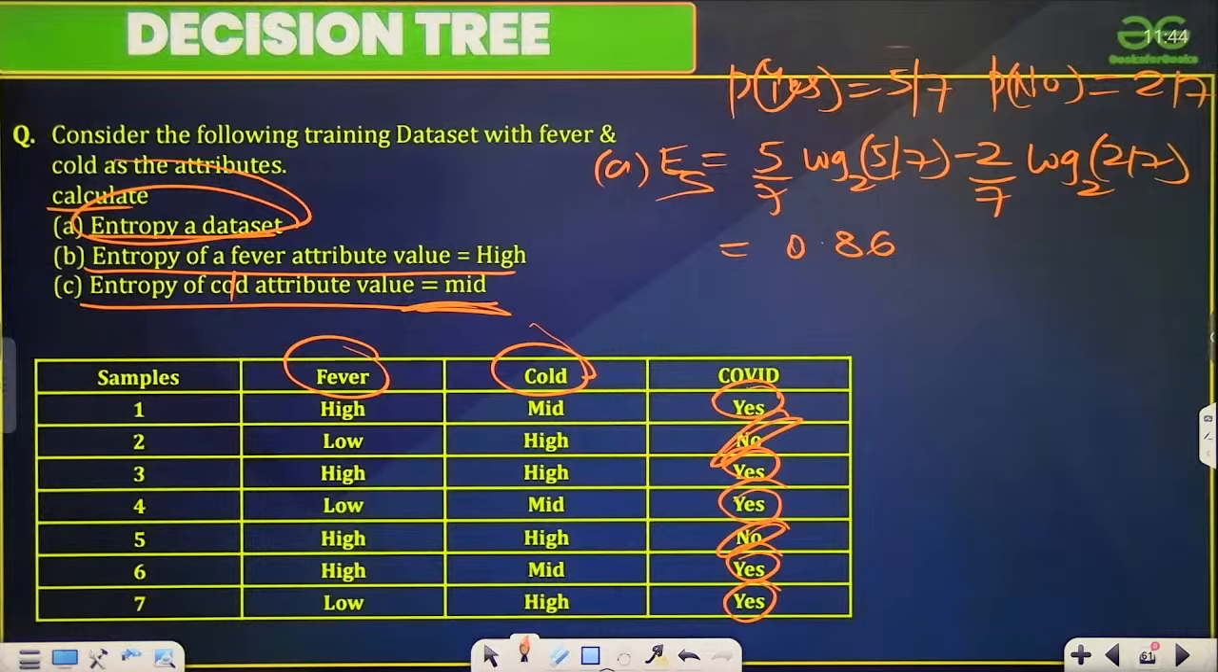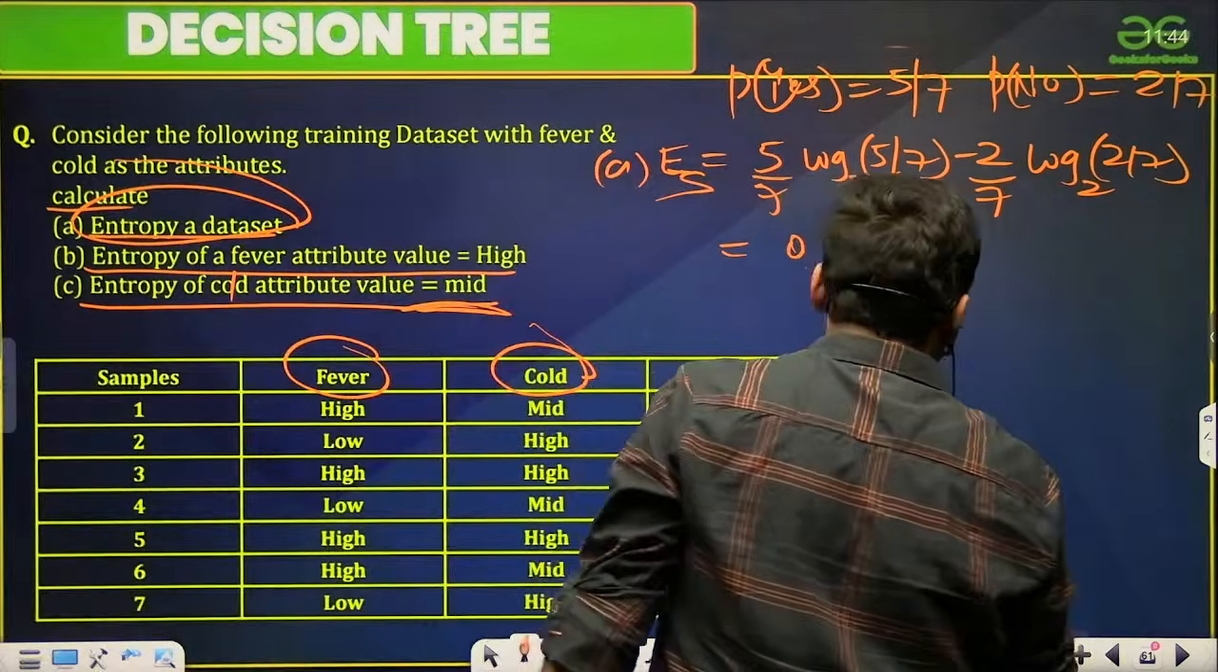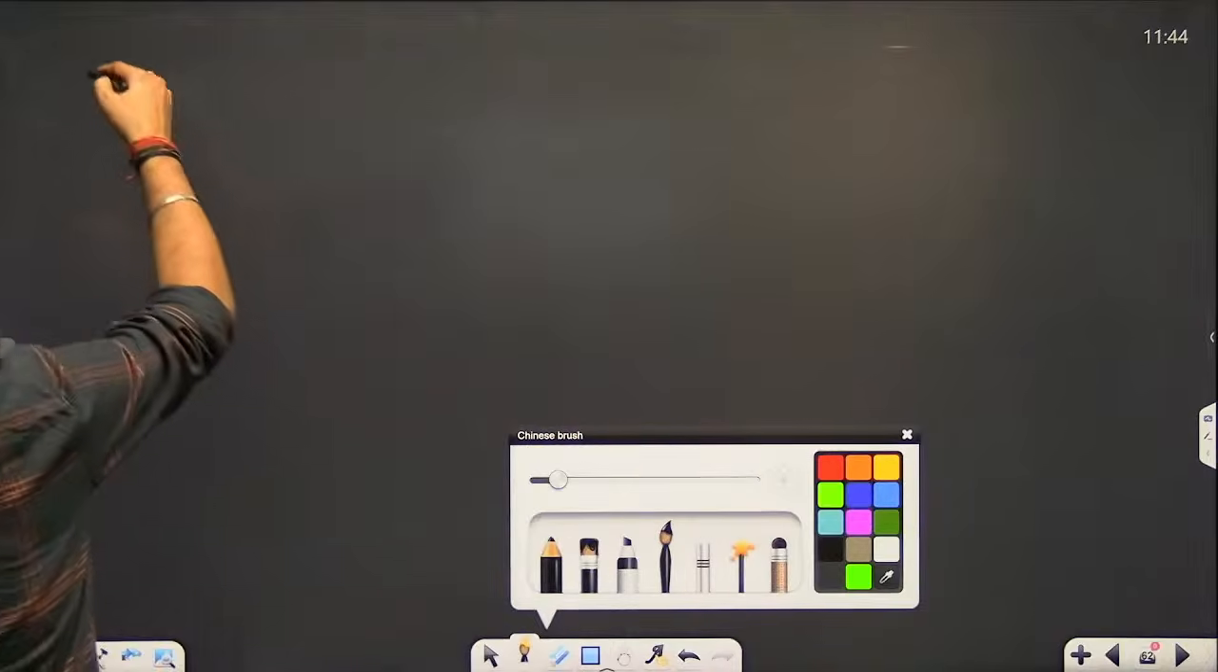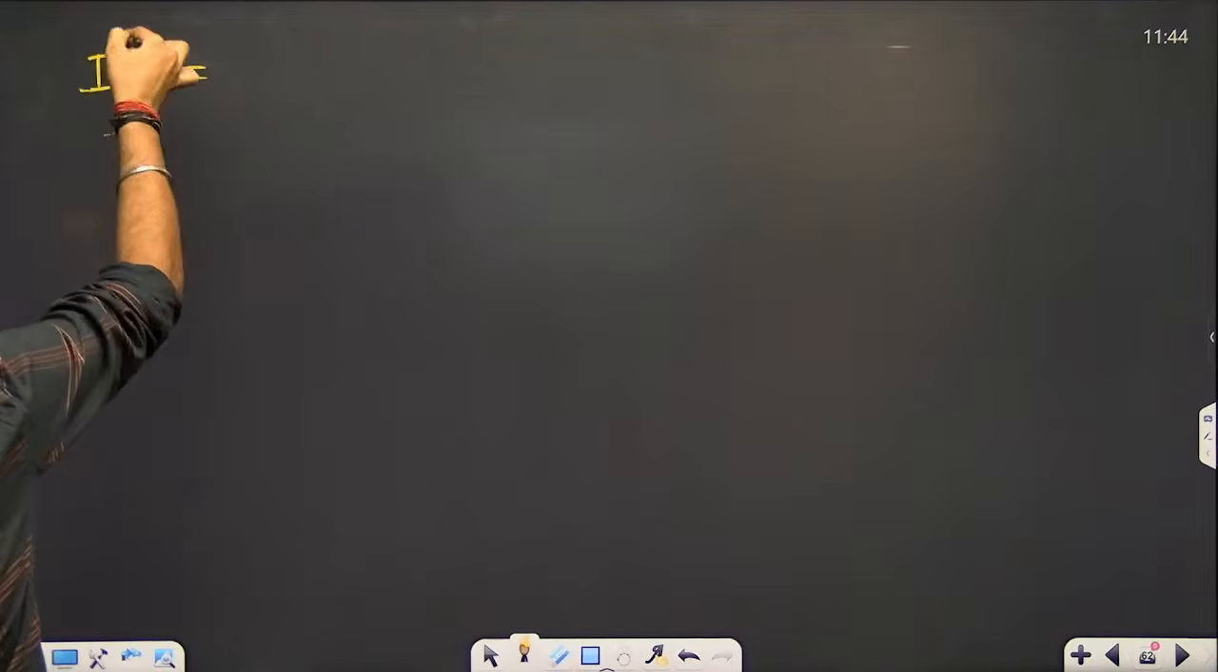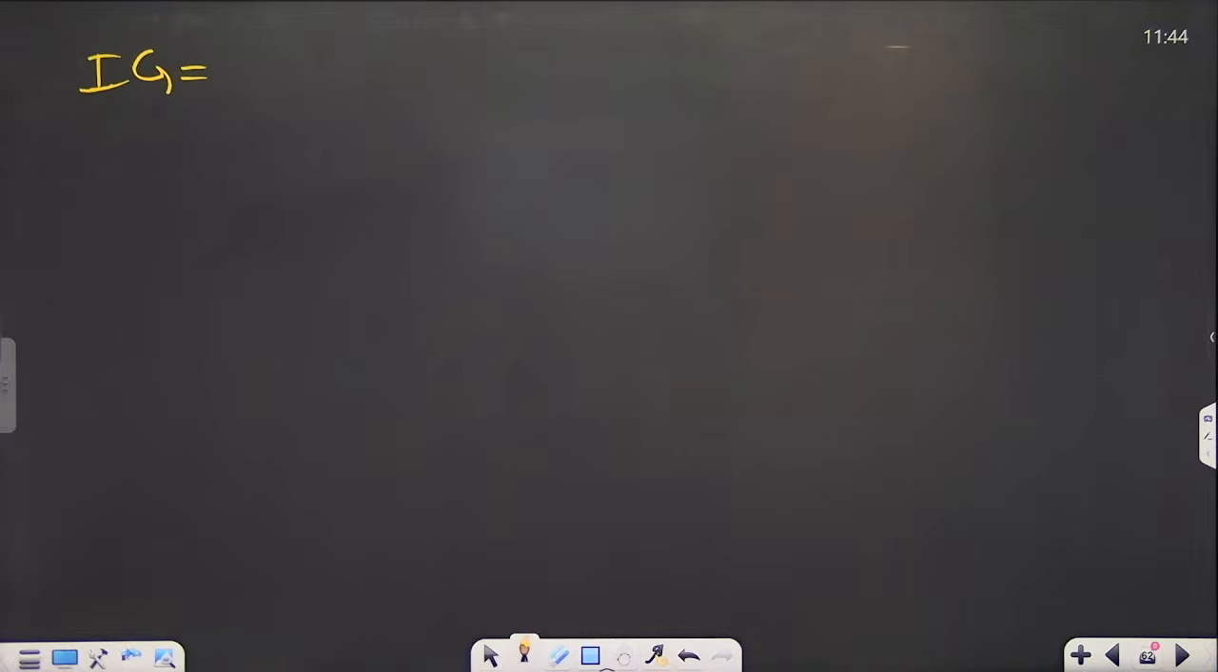Now I have to guess along which feature I should split, whether along the feature fever or cold first. I mean, which should be my best split node. For deciding the best split node, I have to calculate information gain. Now just write the formula for information gain. For calculating the best split node, I have to calculate the information gain